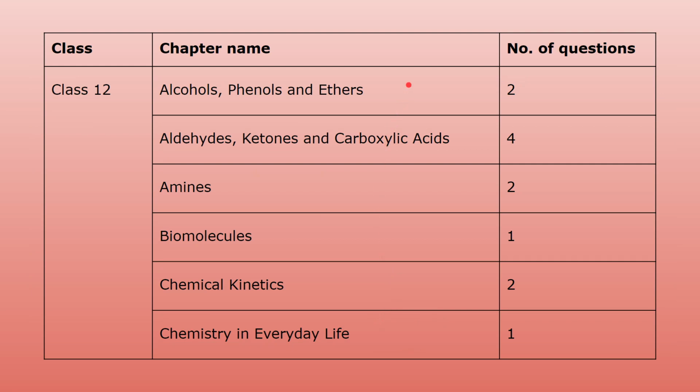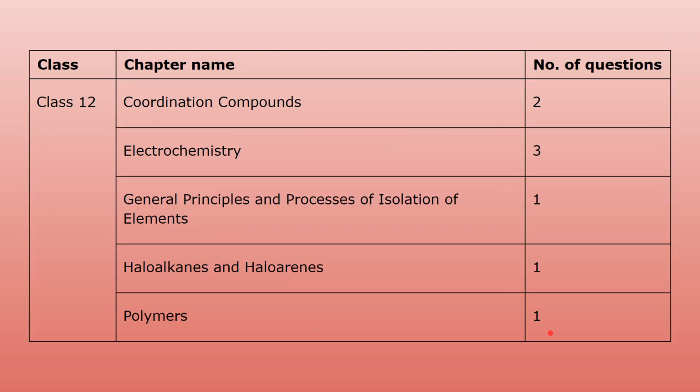Then from class 12th, alcohols, phenols and ethers are important, and two questions can be asked from this chapter, four questions from aldehydes, ketones and carboxylic acids, two questions from amines, one question from biomolecules, two questions from chemical kinetics, one question from chemistry in everyday life, two questions from coordination compounds, three questions from electrochemistry, one question from general